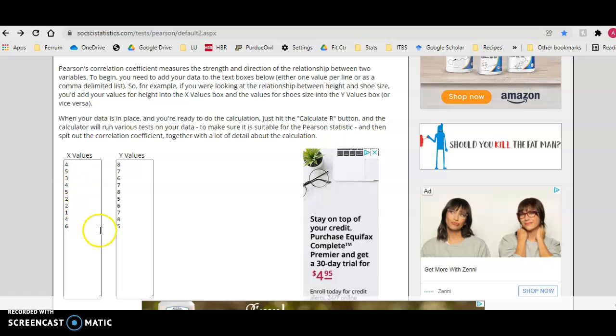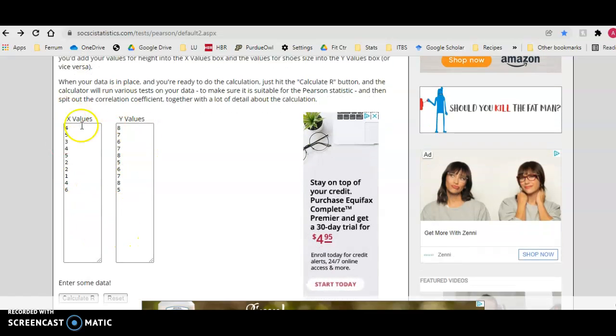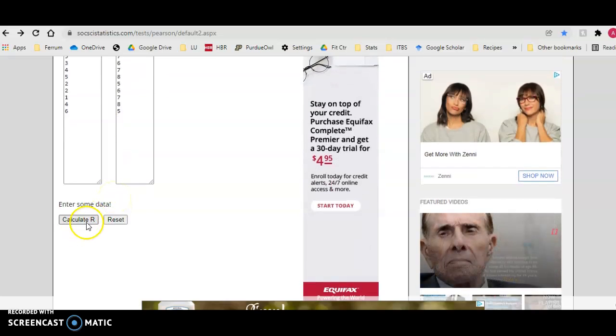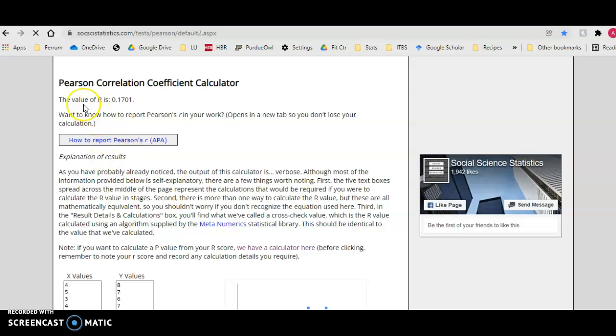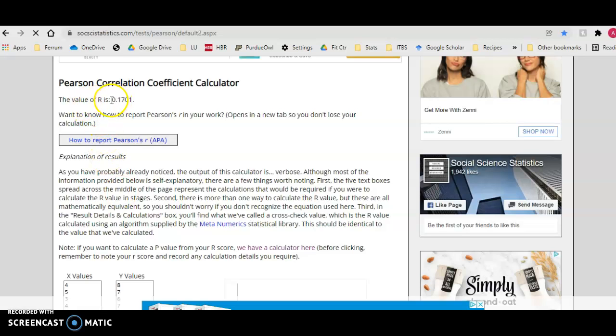I am going to enter them all in. I should have at least 10. And then I'm going to simply hit calculate R. It is going to bring up my value of R. Once you get that, you're going to copy and paste it. Okay, so my value of R is